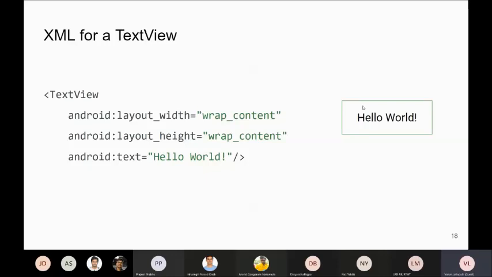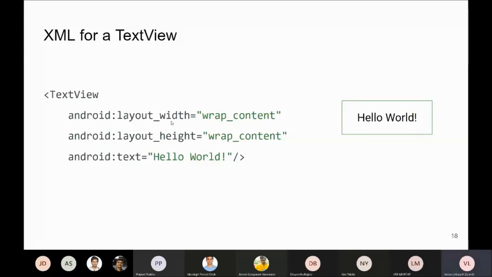So suppose you drag and drop a text view like hello world, so this is the XML created for this text view. For every text view, text is common, we all know. This text is the attribute that says what should be displayed over here. But the two things, width and height, these two are present for every view element.